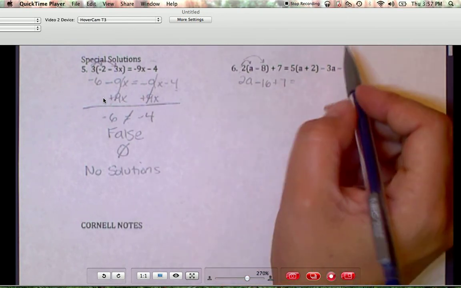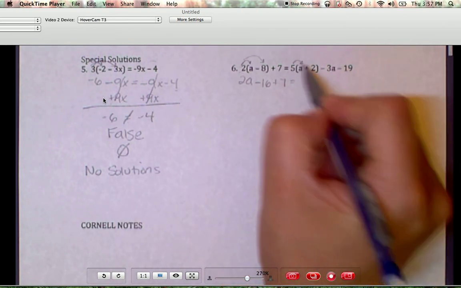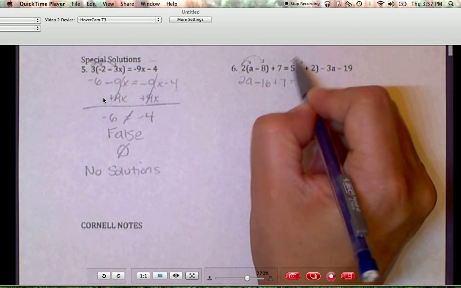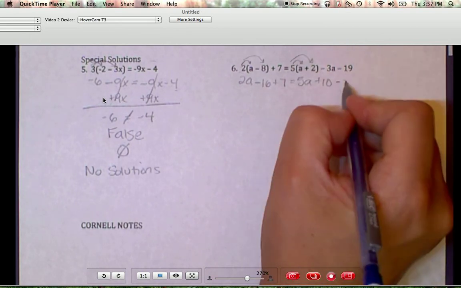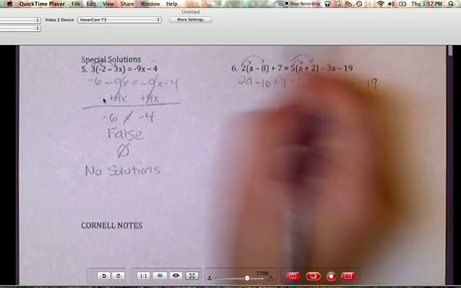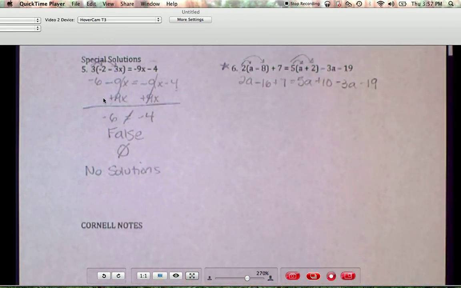Let's look at the right side. We can distribute. 5 times a is 5a. 5 times 2 is 10. Bring the rest of this down. Minus 3a minus 19. Now this problem is truly a test of all of our skills in this section because